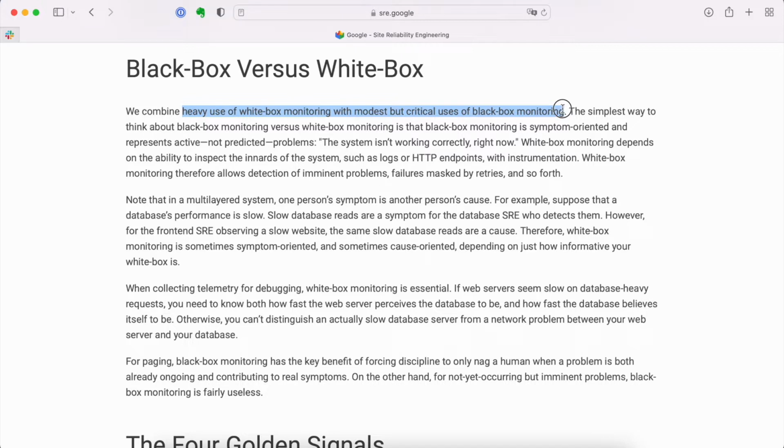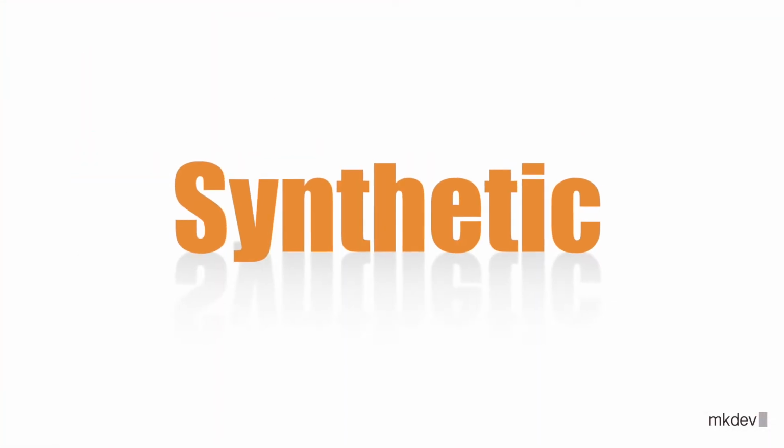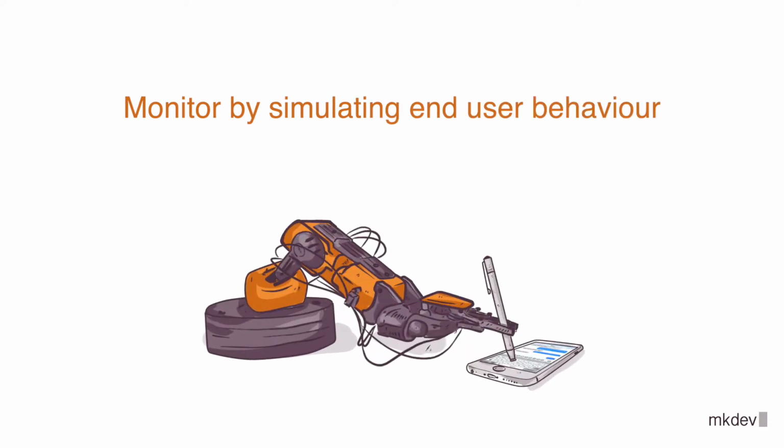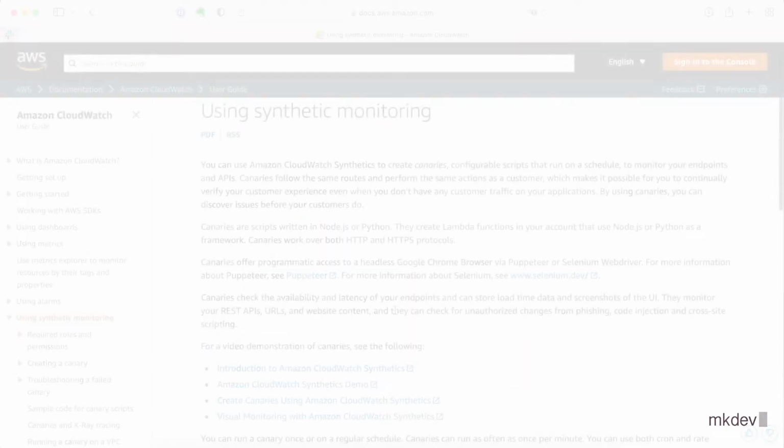But coming back to the beginning, when you're in a hurry to deliver your MVP or new features, you should start with at least some very basic black box monitoring. One way to do black box monitoring is to use synthetic monitoring. This type of monitoring consists of scripts that simulate end-user behavior, normally by using some browser automation tools. You can achieve a lot with this kind of monitoring because you can simulate any complex user workflows with it.